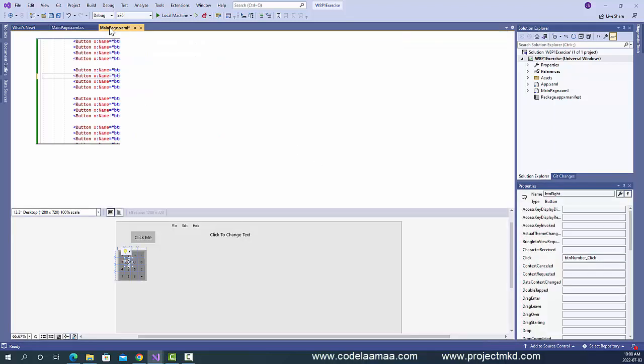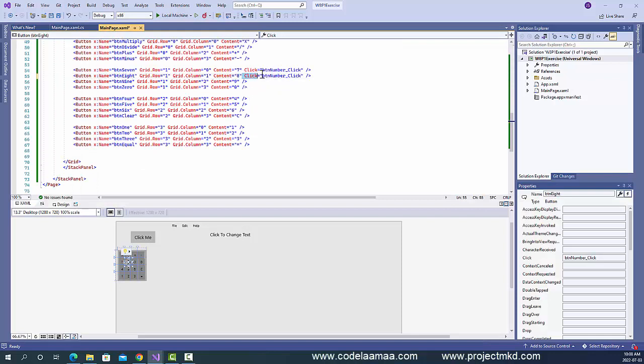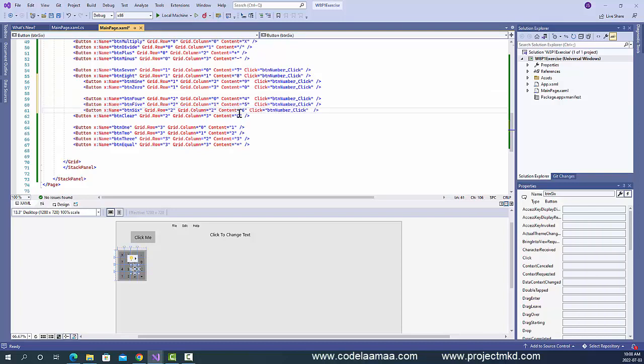In fact, to reduce the jumping, maybe I'll just take the click event here in code for XAML and paste it everywhere. There, less jumping. I noticed that as I was building this out, a lot of jumping between windows. So we did 7, 8, 9, 0, 4, 5, 6, 1, 2, 3. All right, so all of the numbers have their own